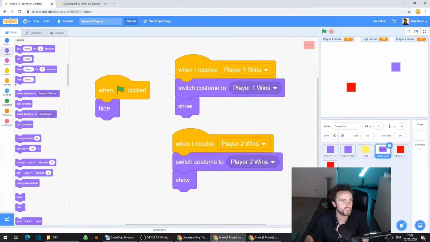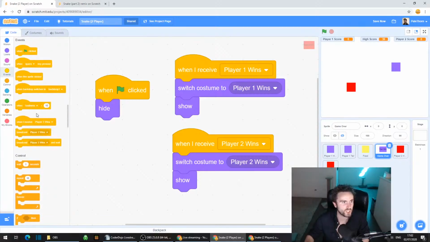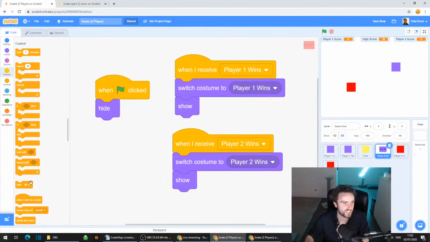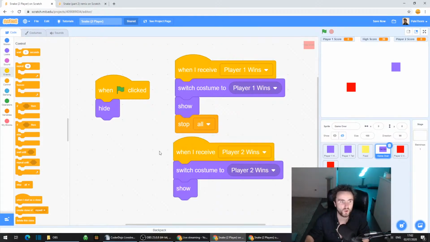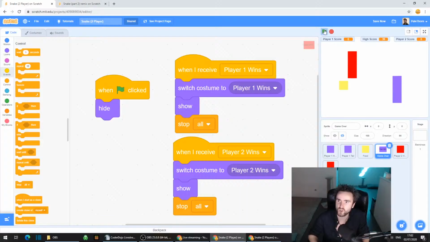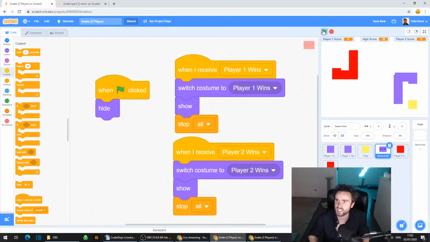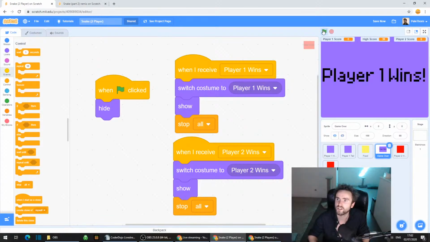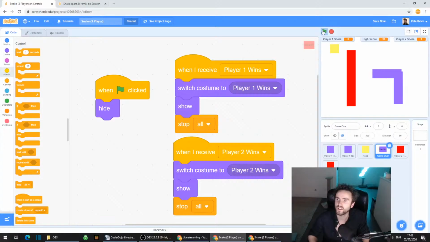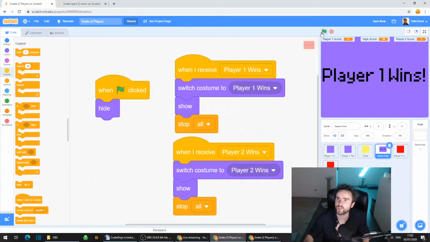and there's one more thing we need to do, and that is once we've shown, we need to stop all. Both of those when I receives needs to have a stop all, otherwise the game will keep playing behind the scenes and could change what's going on. So now, we should have,